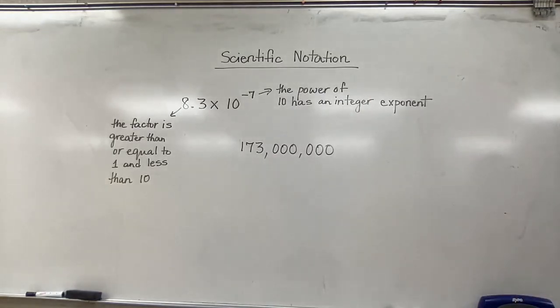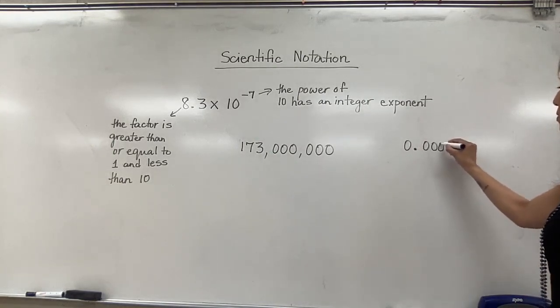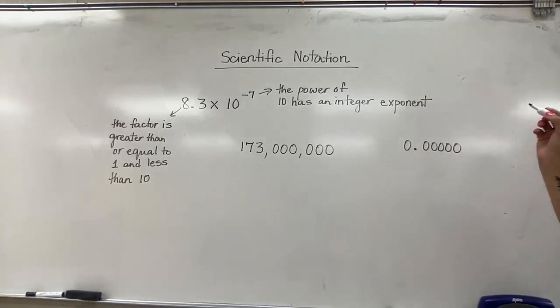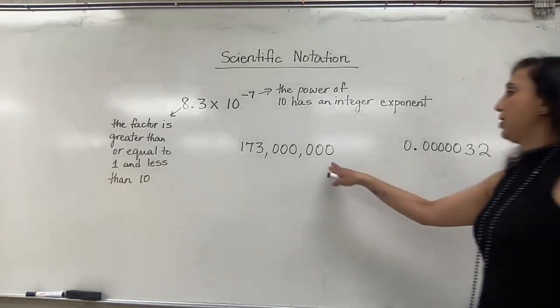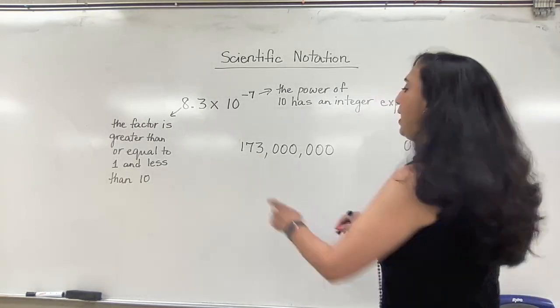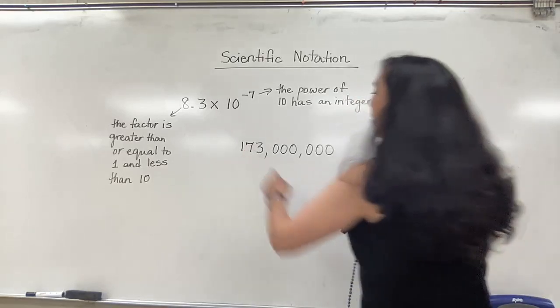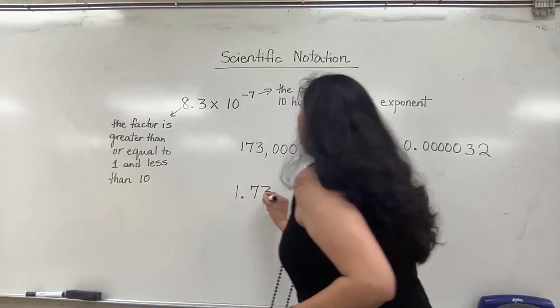All right, and let me give you this number. We're going to look at this 173 million. I will have to take my decimal point and move it over here. So I am going to get 1.73